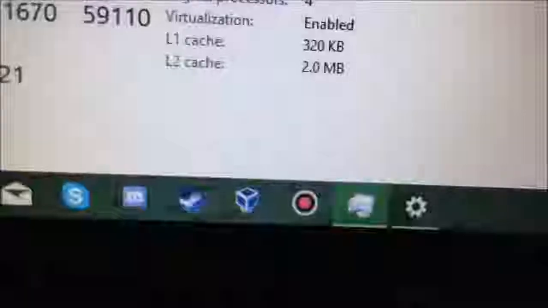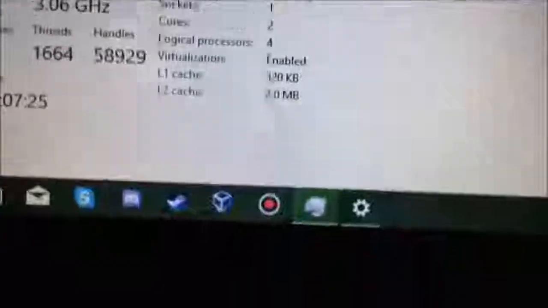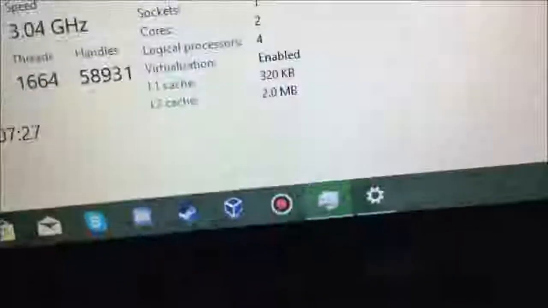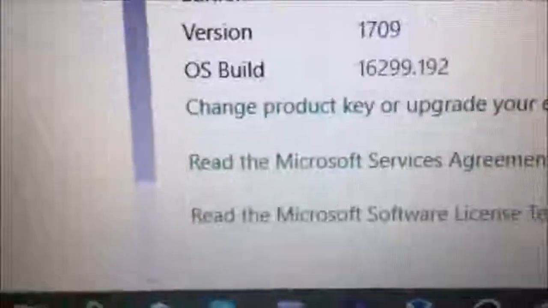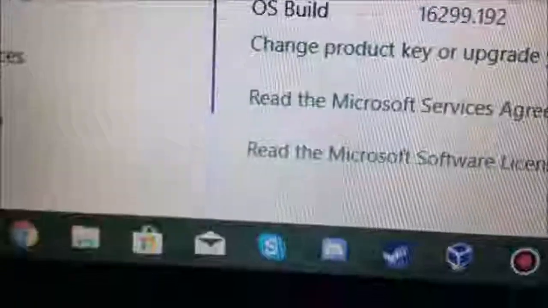Now, when I got this computer, virtualization was disabled, so I went in the BIOS and enabled it. And just to show you guys one more time, I'm on Windows 10 Home in that build. So, without further ado,